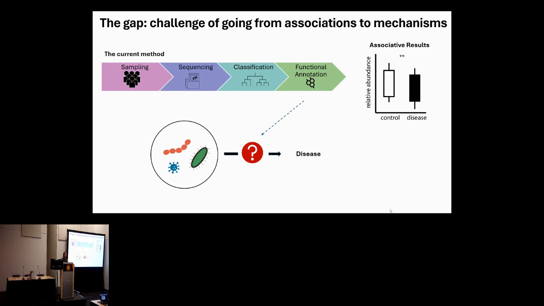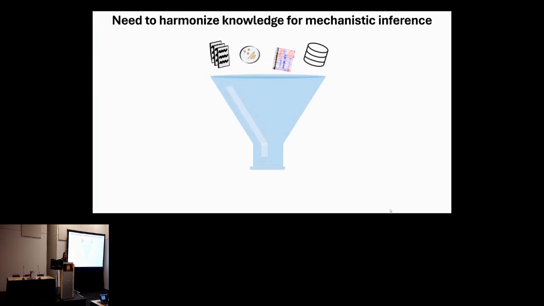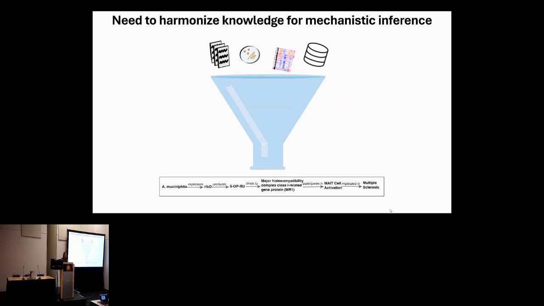We're starting to get at the functional annotation question, as we talked about in the last talk, that allows us to start to tease away at these molecular mechanisms, but to really understand how this community of microbes is influencing disease, these are the questions that we're trying to answer now. There's a lot of knowledge out there in papers and free text, in microbial experiments or gene expression experiments of the host, or organized databases. It's critical to integrate and harmonize this data so that you can query it in a way that lets us perform mechanistic inference and get at specific molecular explanations for exactly how a microbe or a community of microbes may influence a disease.